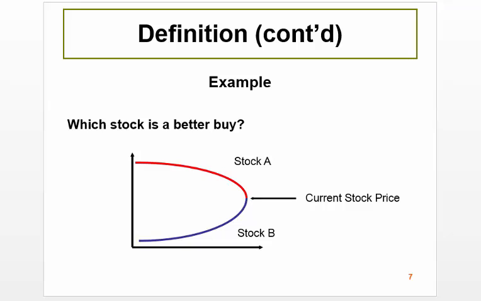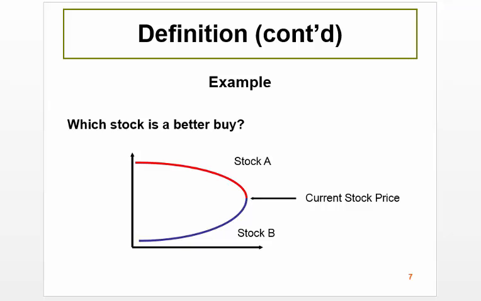All of that kind of information is pretty much worthless as far as the efficient market hypothesis is concerned, even in the weakest form, the weak form, because you see how stock A and stock B are currently at the exact same point. Well, they basically are the exact same value, and you don't have any idea which one is a better buy based off of only using their past pricing information.